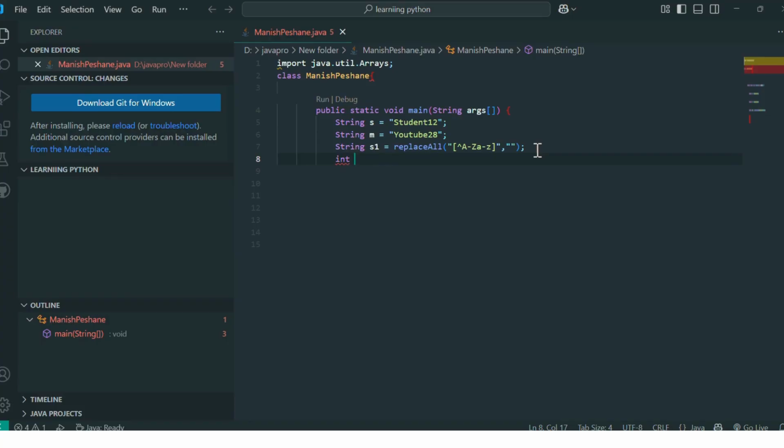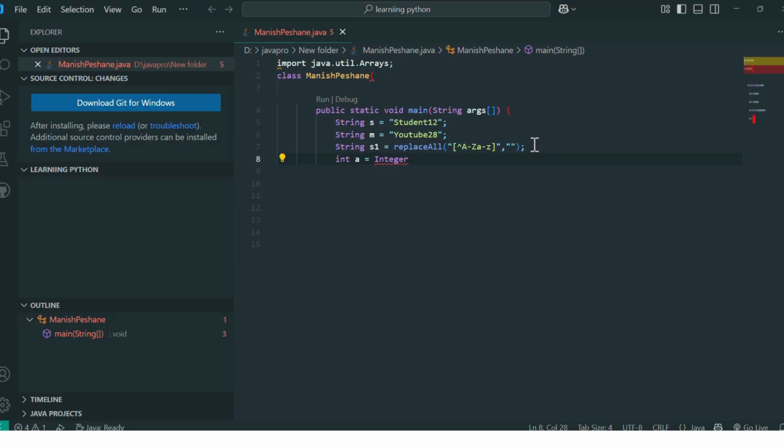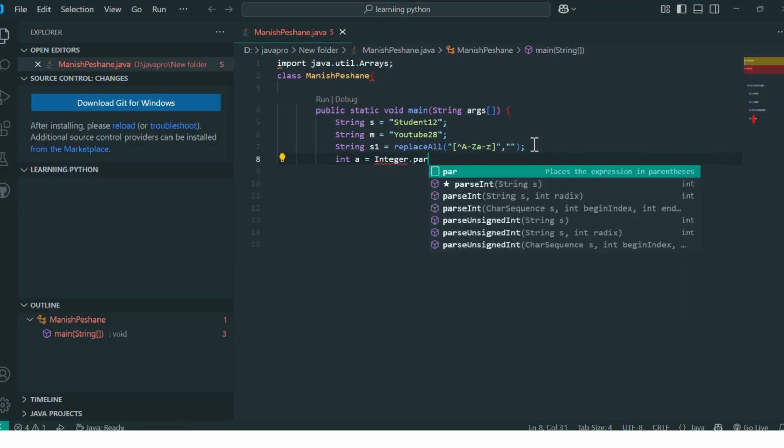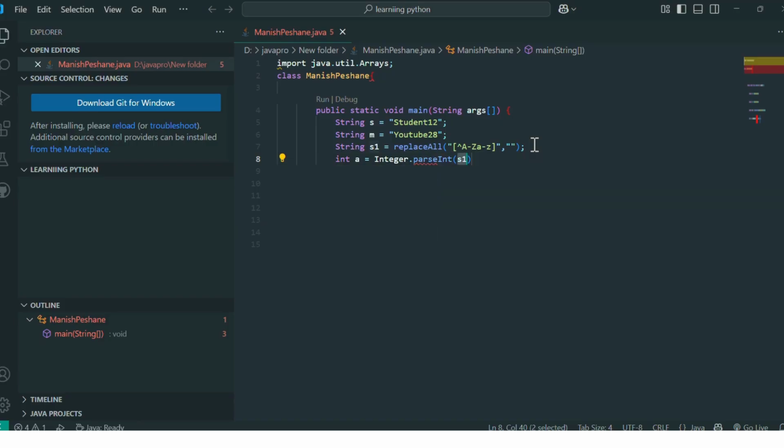You can declare any name; I declare a1. Integer.parseInt is a predefined method that automatically converts the string number into an integer.